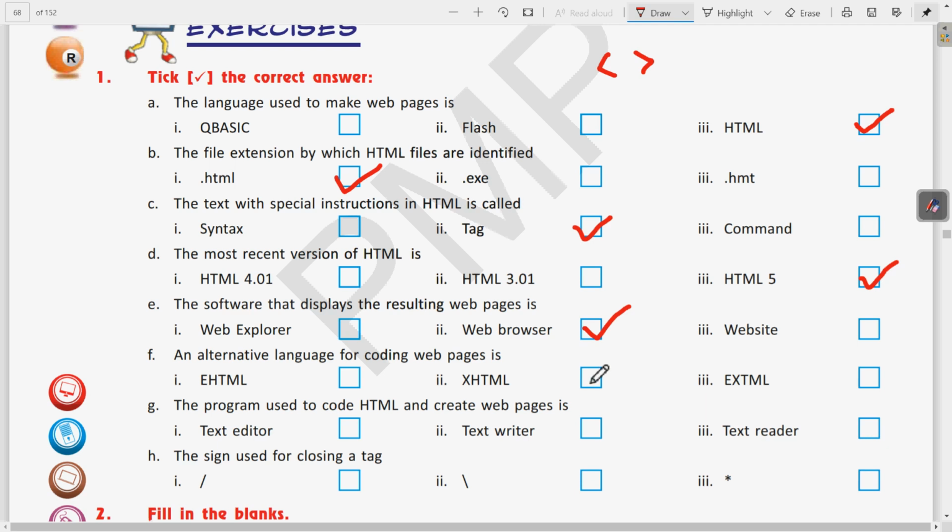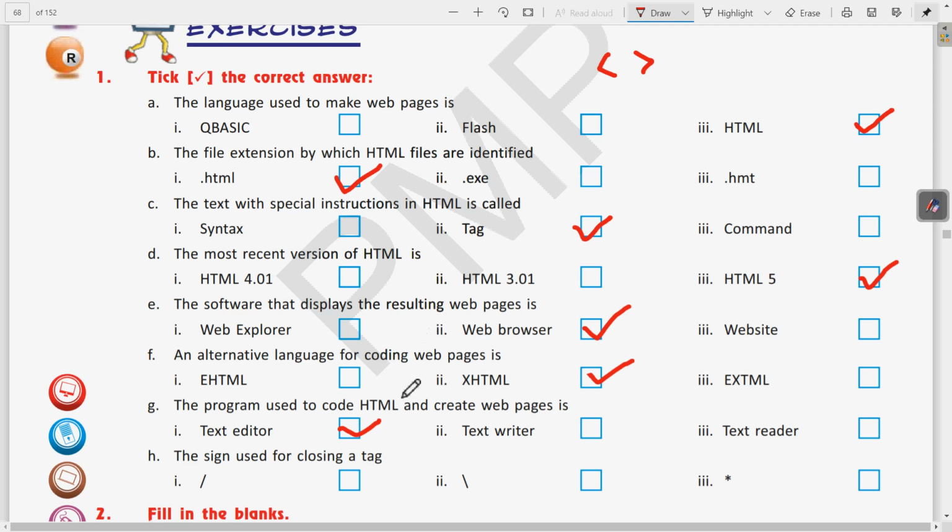So the answer here is XHTML. Okay, now question number G, the program used to code HTML and create web pages is, so which program is used to write this HTML code? It is the text editor, for example Notepad. Clear? In different operating systems, the text editor can be different.